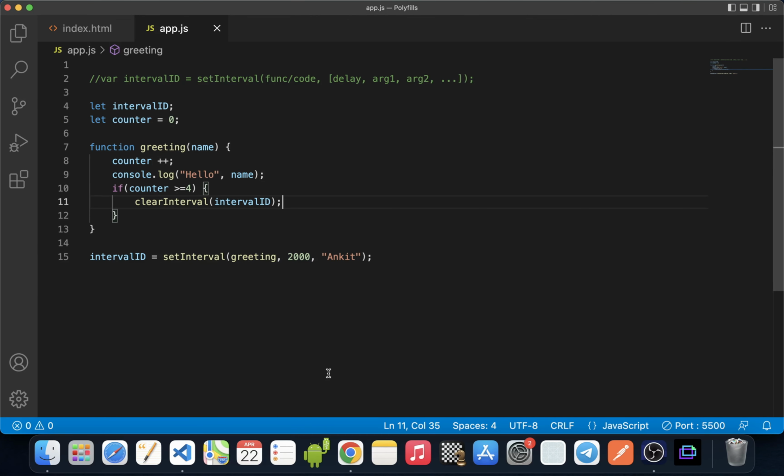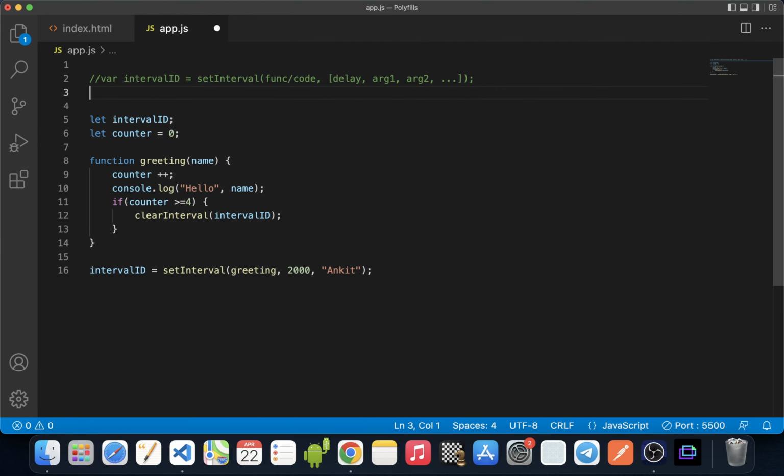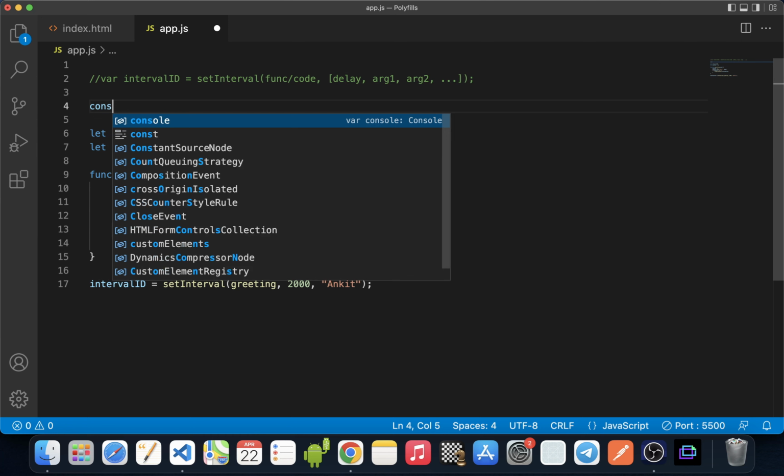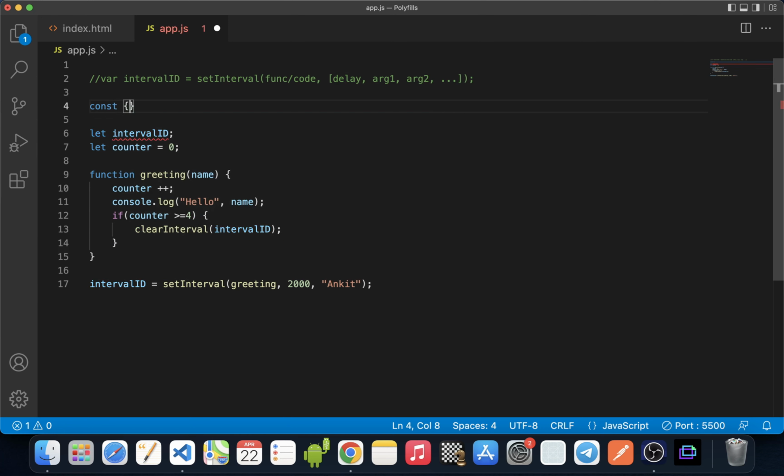Okay, now we have seen how setInterval works. Let's write our own implementation of setInterval to achieve the same thing. So first let's name our setInterval and clearInterval as customSetInterval and customClearInterval.